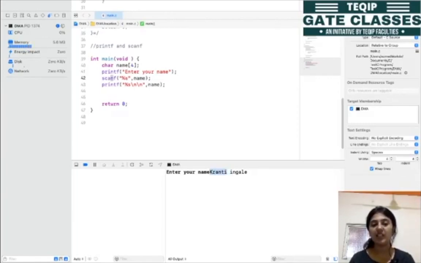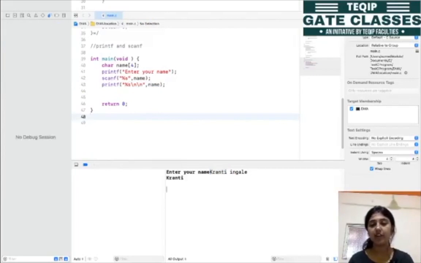So basically the scanf function is used to read a single word. Whenever we have multiple words, this function fails. So when the user enters something like this, this %s will only print the first word. So let me enter, right? तो यहाँ पे क्या हो गया, जो मेरा सरनेम है वो गायब हो गया.